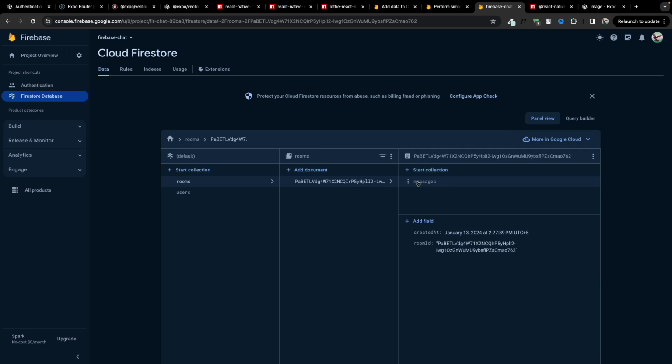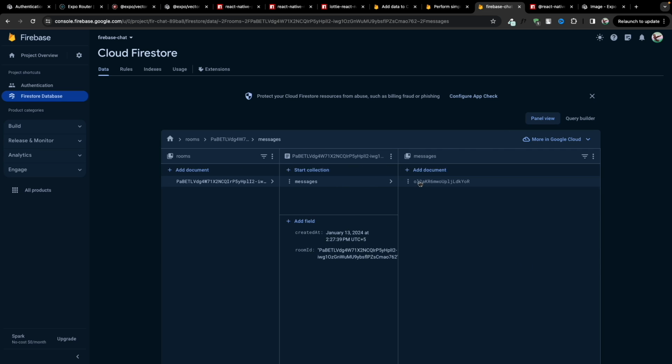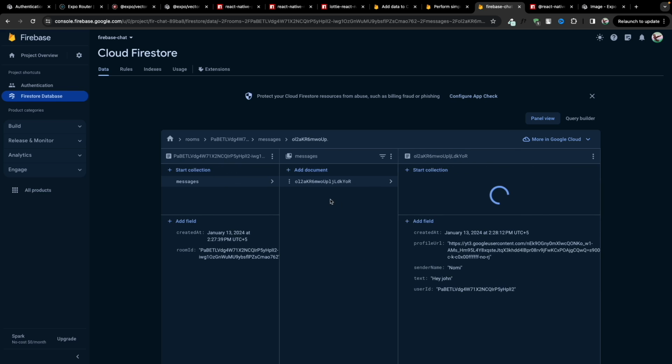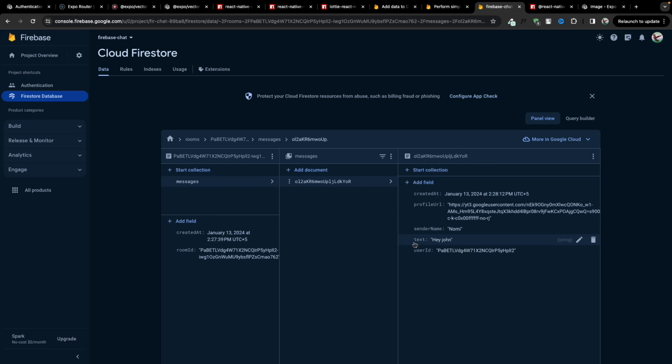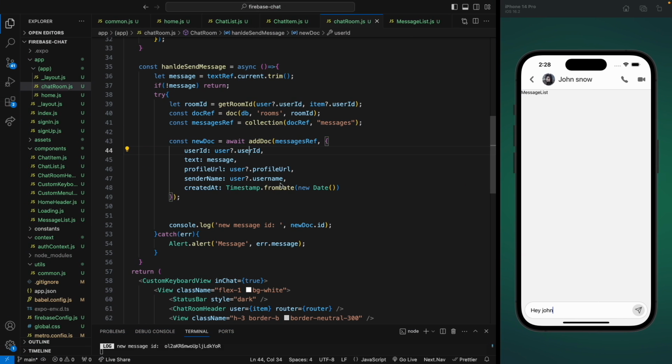Okay, so we can see the messages collection inside the document, and we have one item in that. And here we can see all the message data that we passed: "Hey John", sender name Nomi. You can add more data to this object by simply adding more properties here, like if the user has seen the message or not. So there is one issue left, which is that this message should be cleared